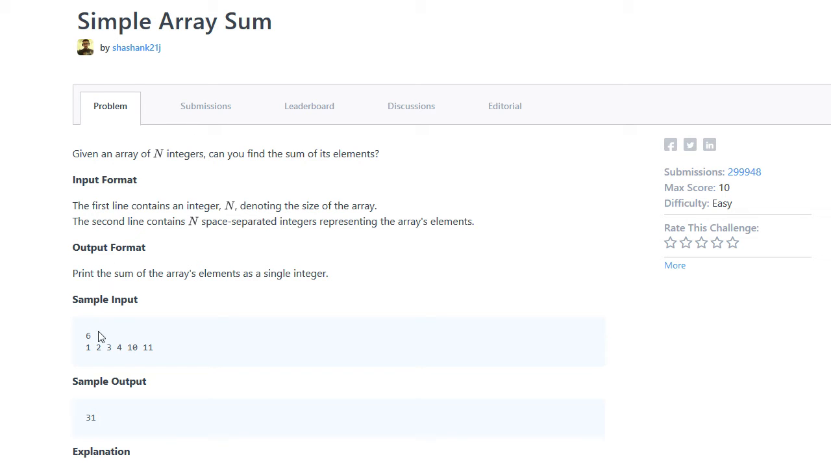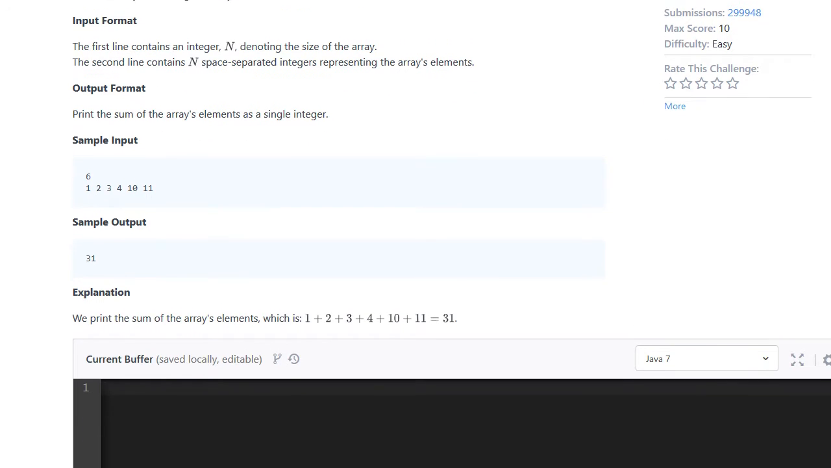And the question is simply, given this number, which is the first line of the input, which in this case is 6, it asks you to output what the sum of the next 6 numbers is. And you can see here it's going to be 1 plus 2 plus 3 plus 4 plus 10 plus 11,